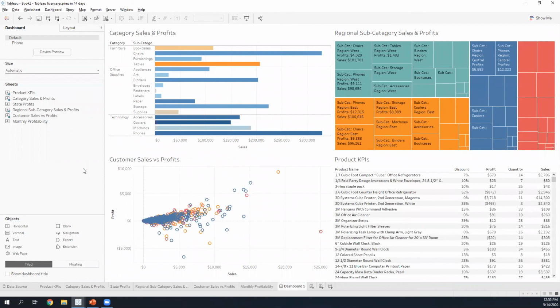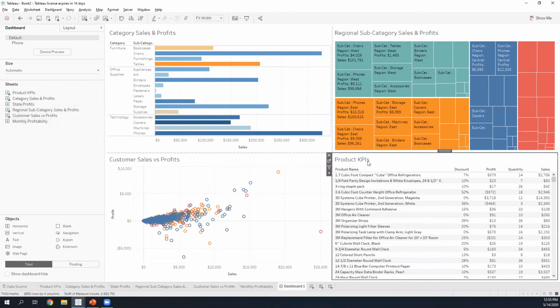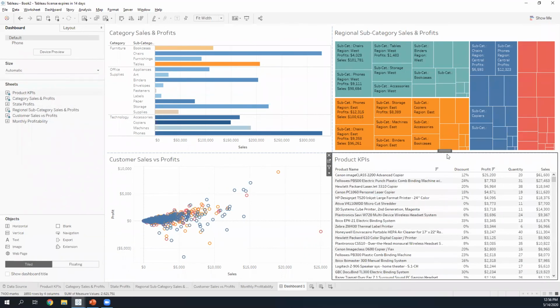This will allow Tableau to stretch everything out. But having said that, the last two components I do want to speak on before opening up the floor for any questions is the fact that we do have two remaining values here. So we do have state profits as well as monthly profitability, as well as that filtering and the sorting component here. So if I go ahead here and hover over product KPIs, we did want to focus primarily on our profits field. So I'll go ahead and click on that profits field,